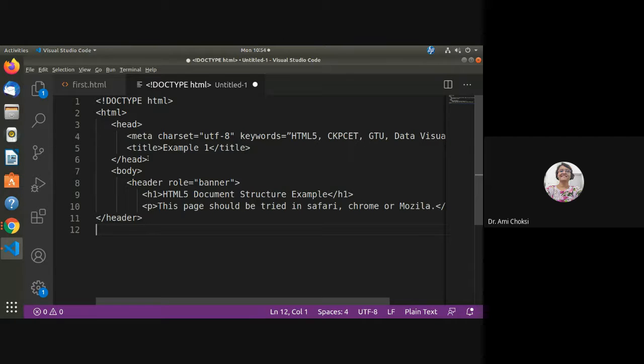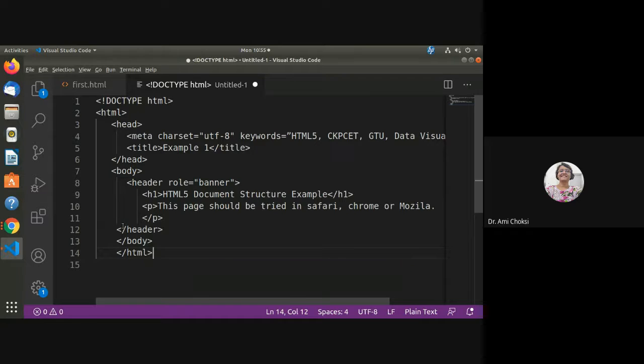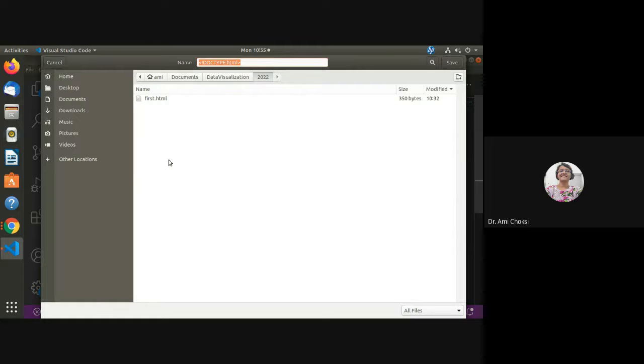So very simple, we are having the body tag. Inside that we are having the header tag, right? Then we'll be ending the tag, that is our body tag and HTML, right? This is what is required, right? Okay, let me give the file name as header